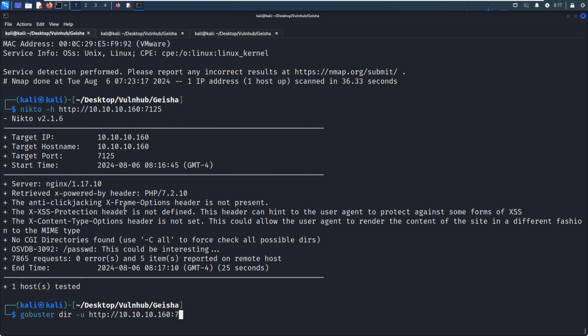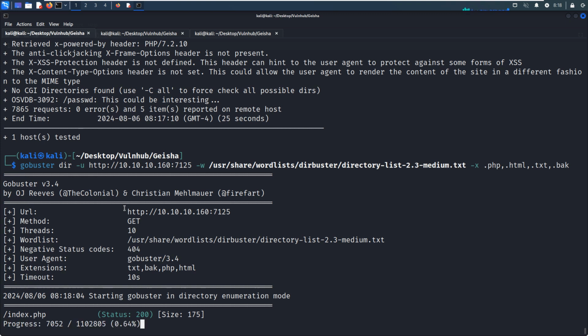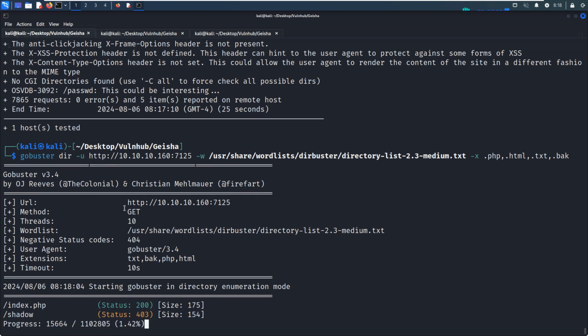Next we can use GoBuster to do the directory enumeration, with the port number and the -w option, dir mode, and the extension option. Press enter to see whether we can find something else besides the passwd file.